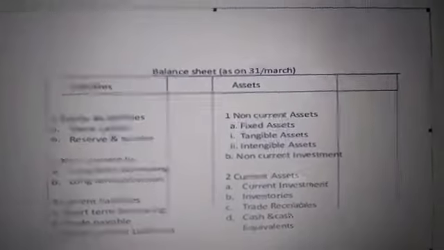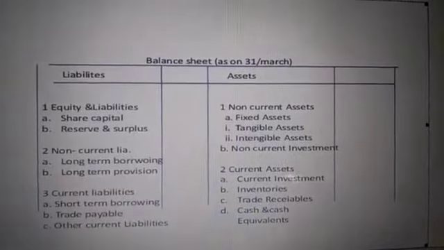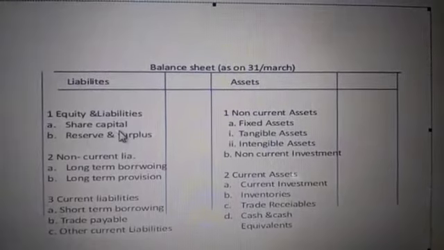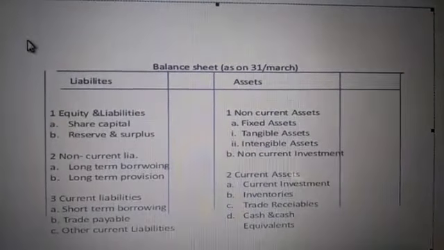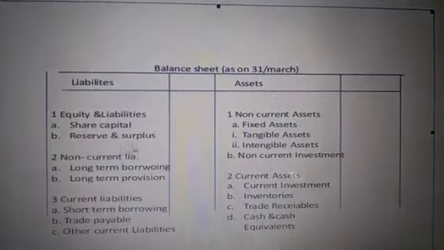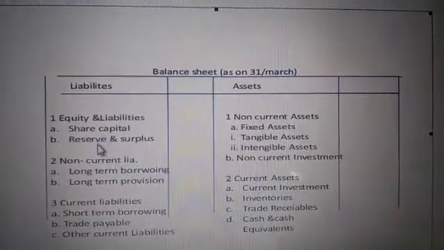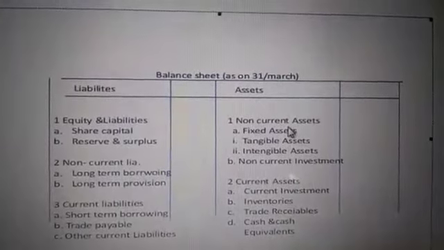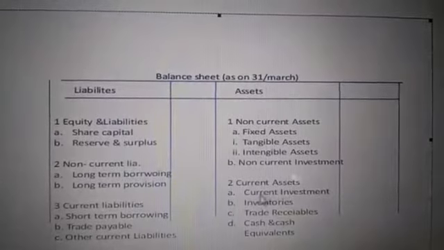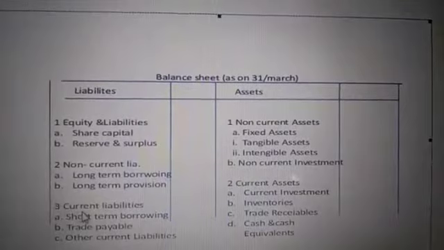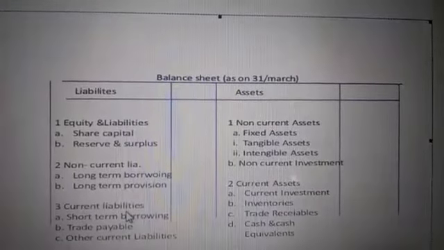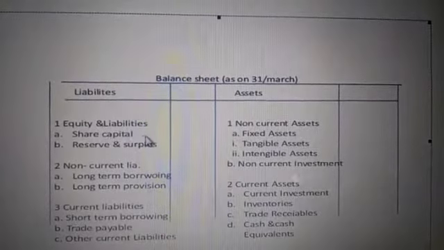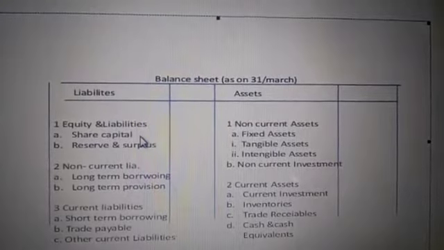Okay, so I have already shown you the balance sheet. What you have to do for finding this equity? See the pointer. This is the equity and liability. For finding this, it includes share capital and reserve surplus. So for finding this, what you have to do? You have to add all the non-current assets, non-current investments, and current assets minus current liabilities. So then what will come? Equity and liabilities. Clear to everyone?